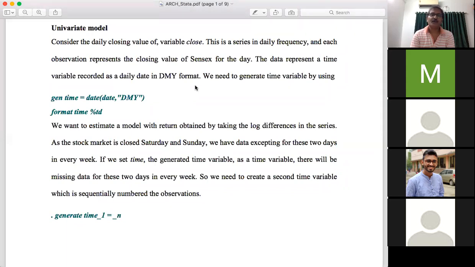Okay, so to calculate the return on Monday in this given form of the date variable, you have to take the difference from Friday to Monday. That is, you need Saturday and Sunday included. In that case, you have to take the third order difference. Okay, so to avoid this kind of problem,